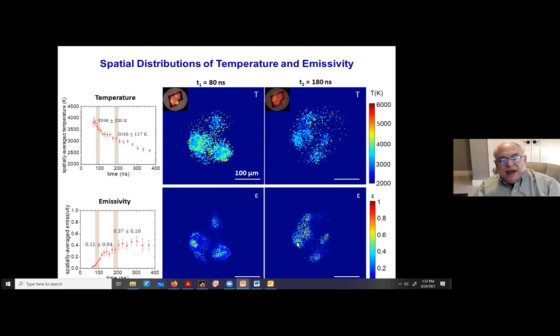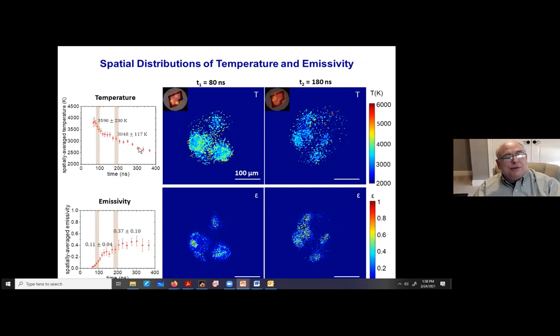You can see that here's the initial reaction. You can see it spreading again in this direction. And this one is also spreading in a different direction. Okay, so by using the emissivity as a probe, we can measure the rate at which the reaction is going